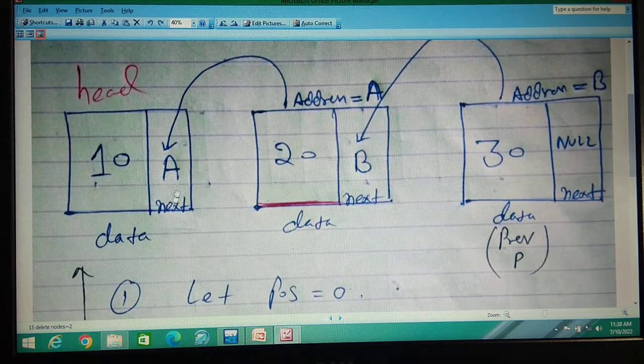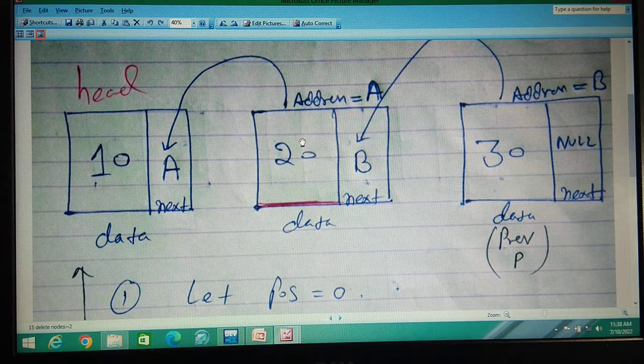Its next is this. We are saying this is head now, this is not head anymore, and free this one. Done. Very simple. We are saying its next is head, and free this one.